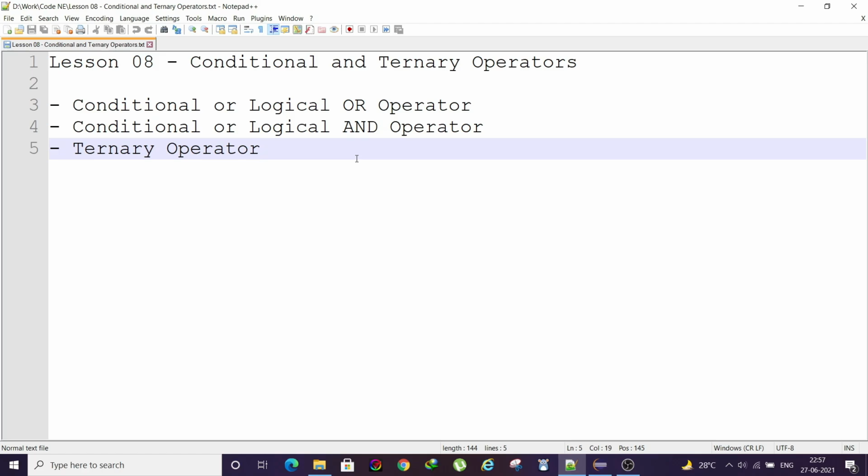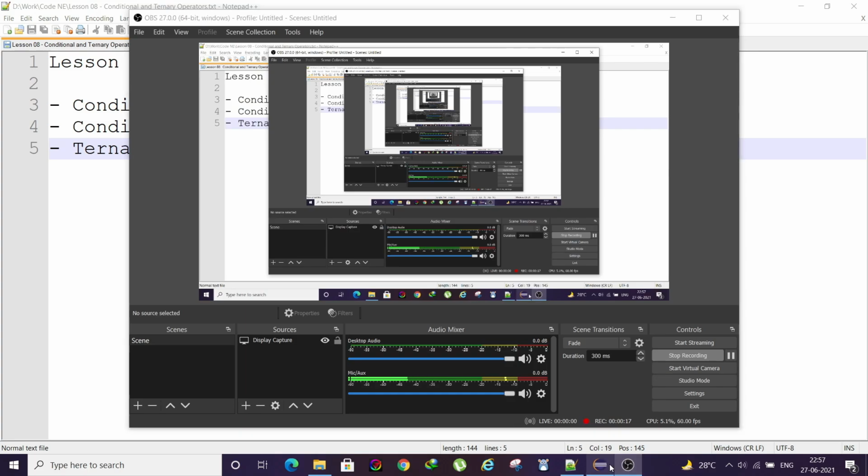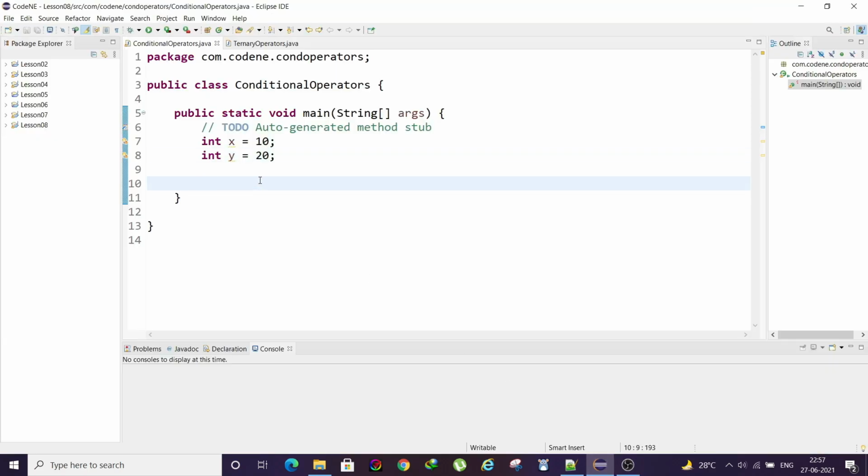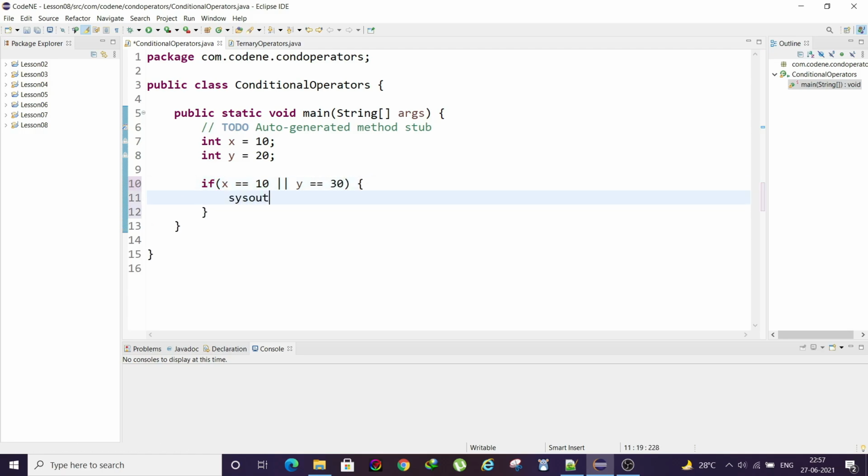So for our first topic, we will see what the logical or conditional OR operator is. To see that, I have declared two variables, x and y, where x equals 10 and y equals 20. We already know what an if is, so: if x equals 10, this is the OR operator, or y equals 30, then run some block of code, like print